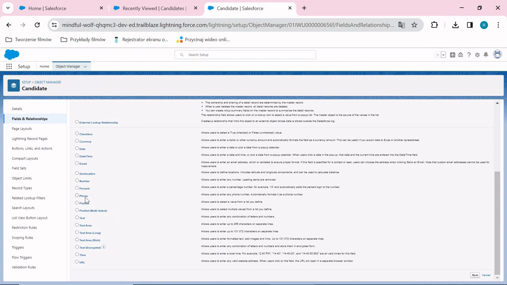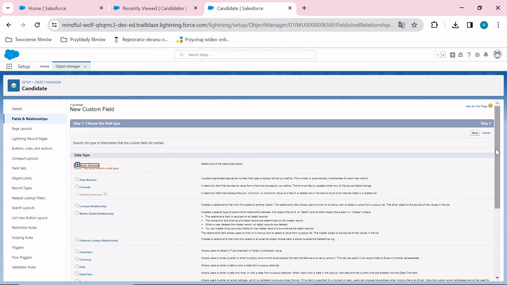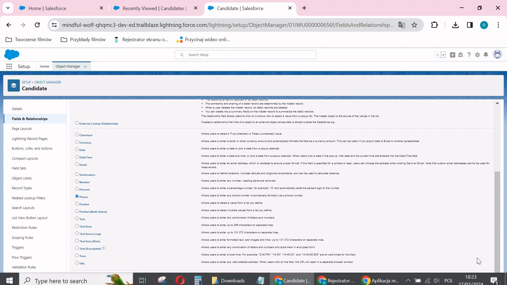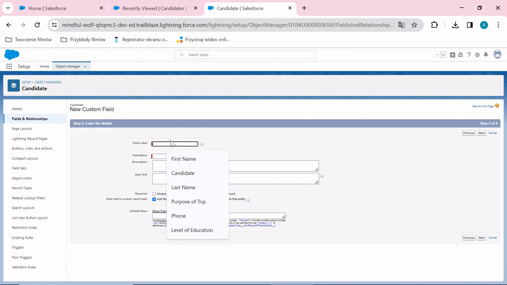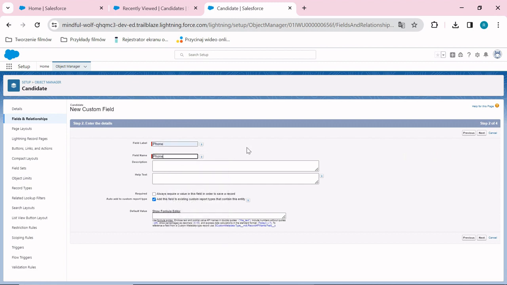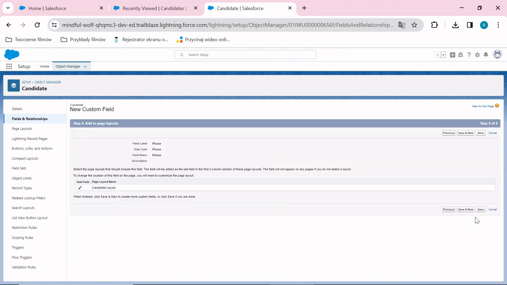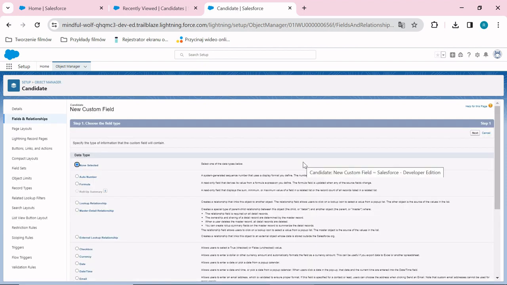For phone, we have a special field type which allows users to enter any phone number, and the formatting is made automatically by the system. We click Next. We put the phone name. The phone doesn't require us to put the length of the field, as this is formatted automatically by the system, as I said before. We also make it required because we want to call the candidate. Next, Save and New, and we will go to the last